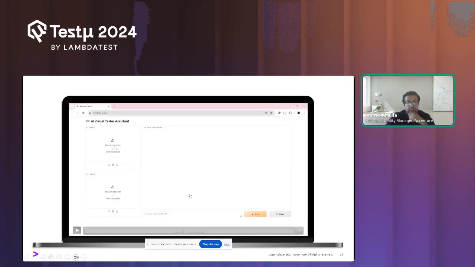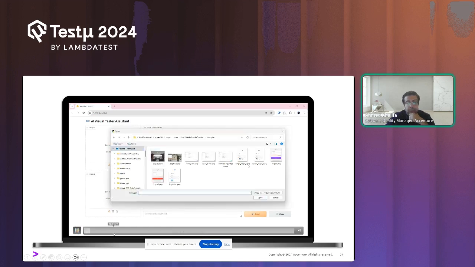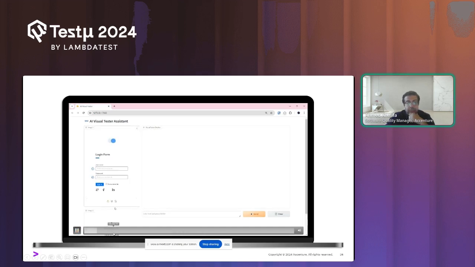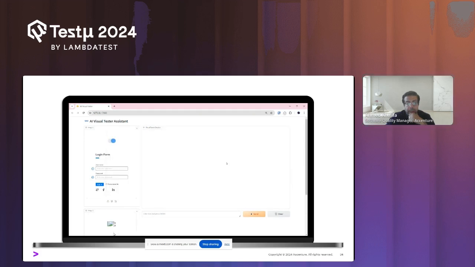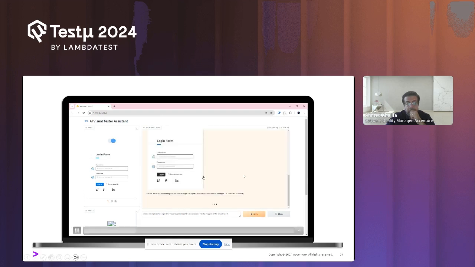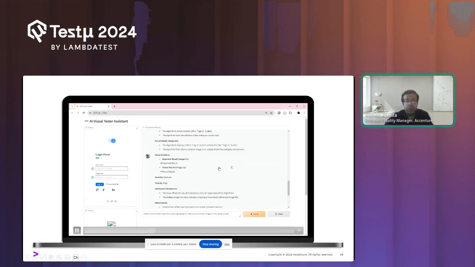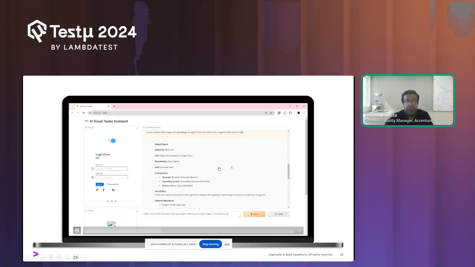And if I just use the same platform to say, okay, please generate a defect report for these two login forms. So as you can see, we have the defect report here.